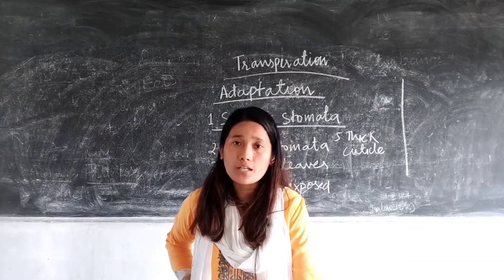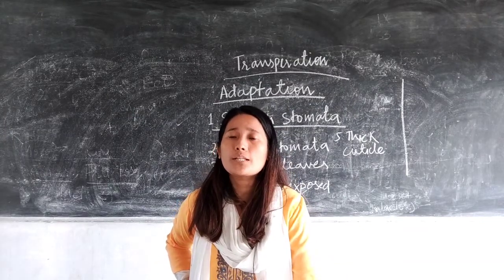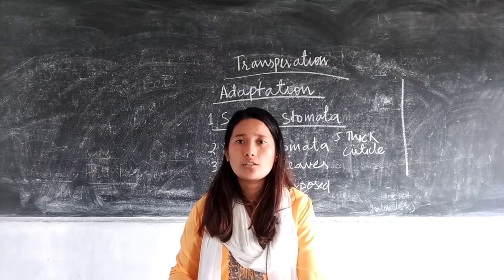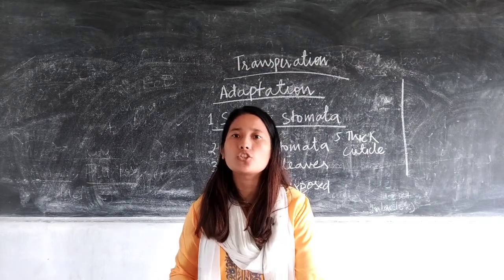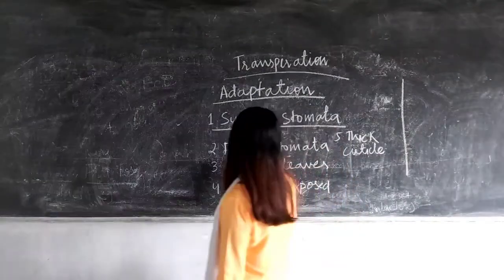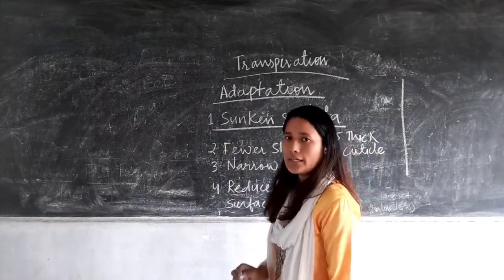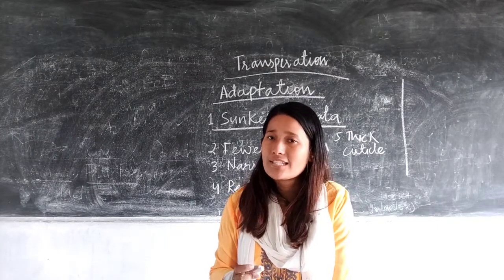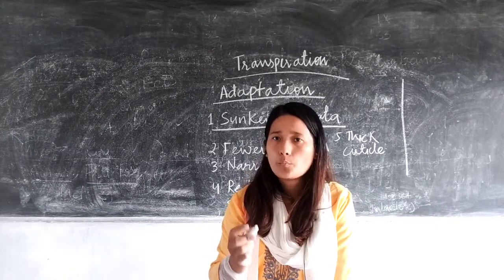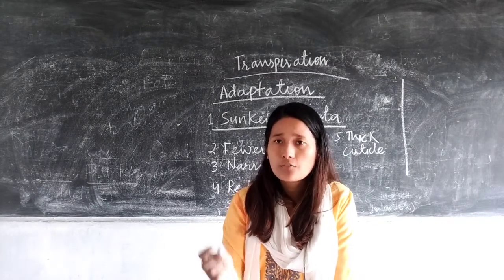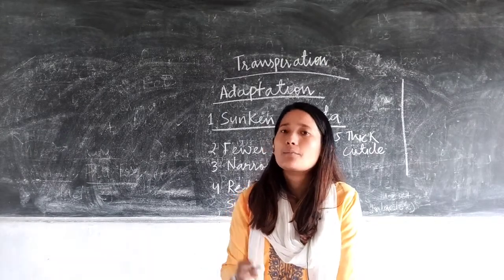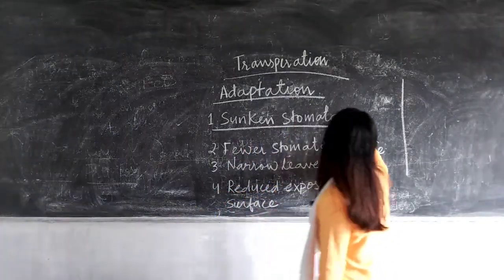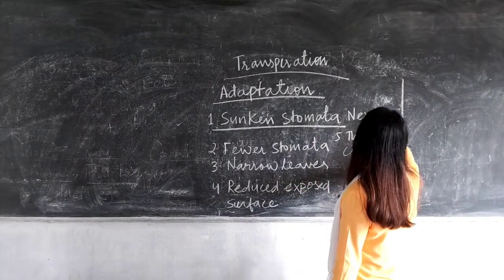So there are certain plants which bring about certain adaptations in the leaf, because of which the rate of transpiration is reduced, in order to remain alive. So what are those adaptations? Number one is sunken stomata. Sunken stomata means the stomata are generally squeezed to a smaller size, and the stomata are nothing but the pore, right? When the pore is reduced, the rate of transpiration will also be reduced. Sometimes these pores are covered with a hairy structure. In plants such as Nerium, you have this kind of adaptation.